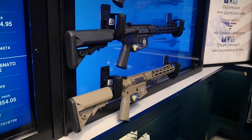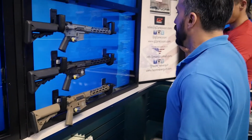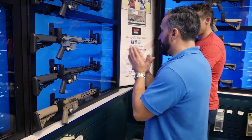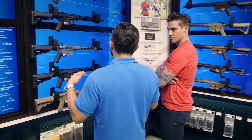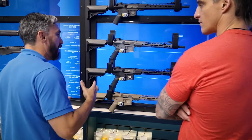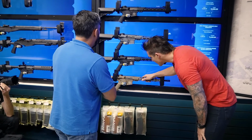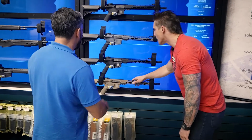One of the things that we've been doing is we wanted something that literally the end user could take off the wall, load it up, and it has the peak performance capability right out of the box. So you don't have to add accessories or update or modify. It comes with all of the higher end accoutrements. So, you know, we did things like...